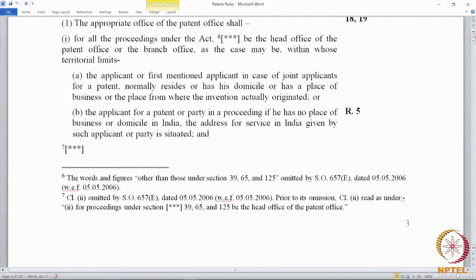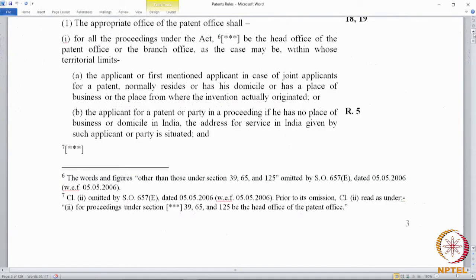There were some cases where the divisional was filed in a different office and the parent was filed in a different office. Now, this creates some administrative difficulties because the controller or the patent office may not know that there is a divisional, and we saw in 24B that if a divisional is filed later on, then the divisional should get into a fast track publication and examination so that the parent and the divisional can be examined together. There is a provision in 24B to expedite that.